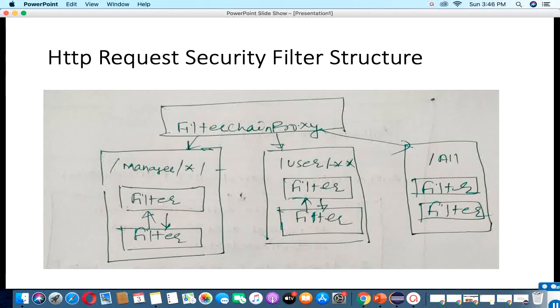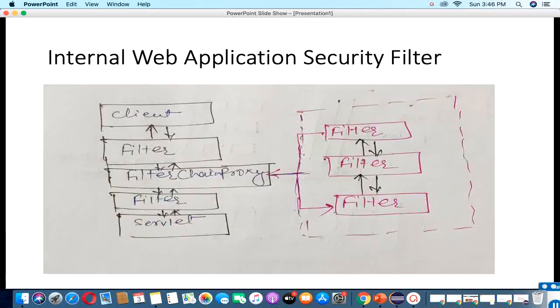This is how the security filter works. Once the information is checked and found valid, it sends the request to the concerned servlet. If at any level it shows an exception, it will not pass that request to the servlet. It will respond with the exception to the client.